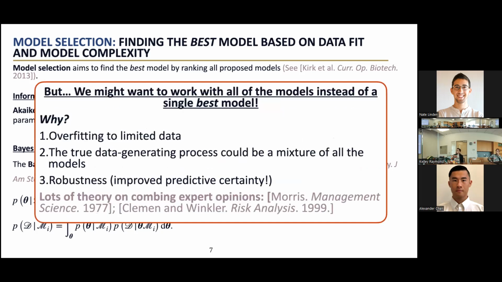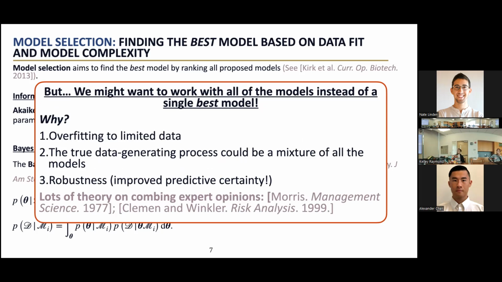So in reality, we're going to want to work with all of them, instead of just picking a single best one. Why? Because maybe the best one will be overfit to the data by still being simple, and then we try to go take different data and it doesn't do as well. The true data generating process might be a mixture of these. So one of them is a linear response, the other is a logarithmic response, maybe it's a linear and a logarithmic response. Or maybe it changes in healthy patients and sick patients,